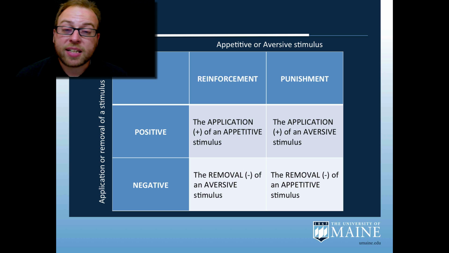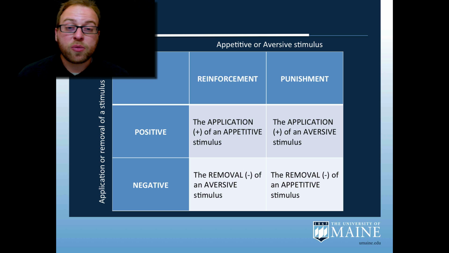So far, when we've been talking about operant conditioning, we've been talking about reinforcement, ways to increase the probability of a given behavior. That's all reinforcement is: something that is intended to increase the probability of a behavior. Punishment, on the other hand, is something that is designed to decrease the probability of a behavior. In order to understand positive and negative reinforcement and punishment, we also need to understand that there can be both appetitive and aversive stimuli. Appetitive stimuli are things that I like and things that I want, whereas an aversive stimulus is something that I wish to avoid.